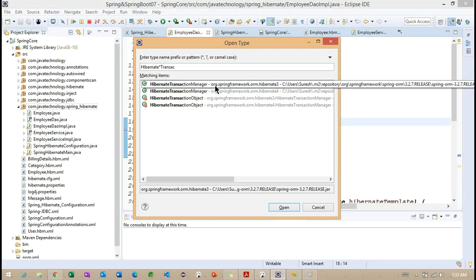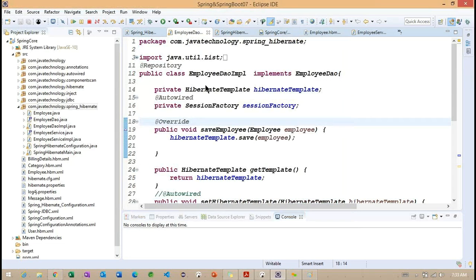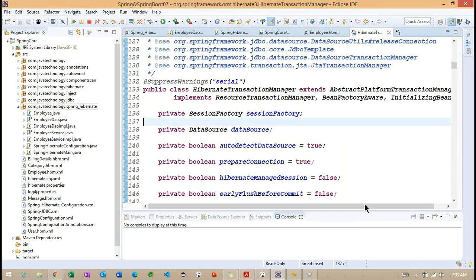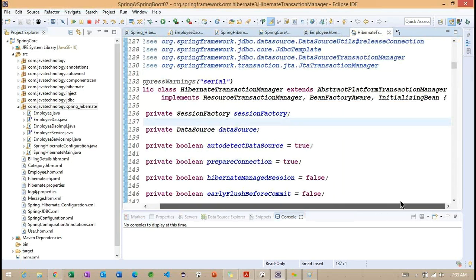But you can see the package is available inside Spring only, and it does not come from Hibernate. The only advantage is that with the help of this transaction manager, Spring is going to work with Spring transaction. You can see the transaction managers are also implemented inside Spring only. This also we need to carefully understand. Now, if I open this transaction manager, we need to focus on the resource transaction manager.